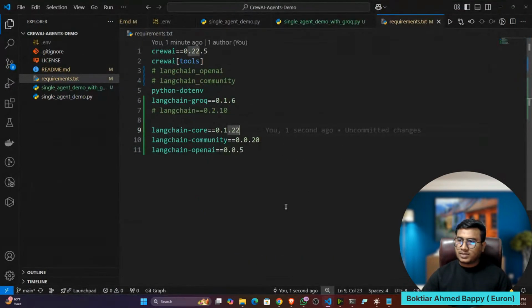Because see, there are so many updates going on. Okay, it worked for you. Langchain Grok 0.2 point, let me try 2.3. 0.2.3. Can you give your entire requirements in the chat?